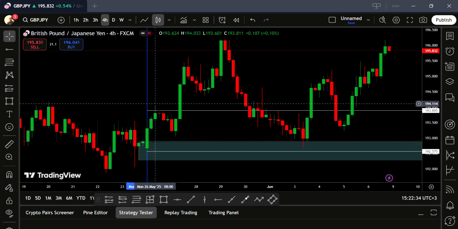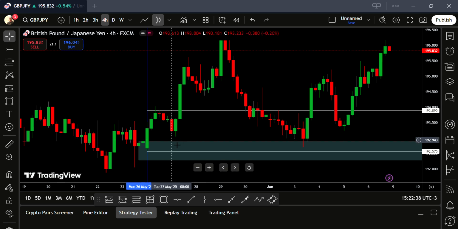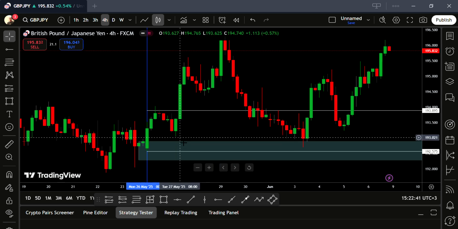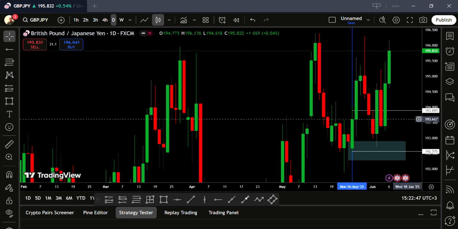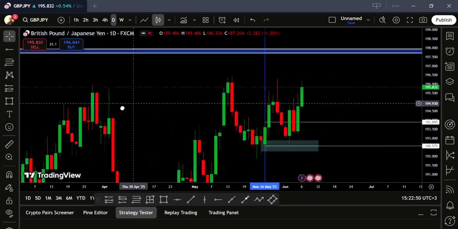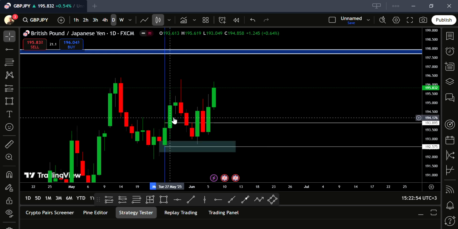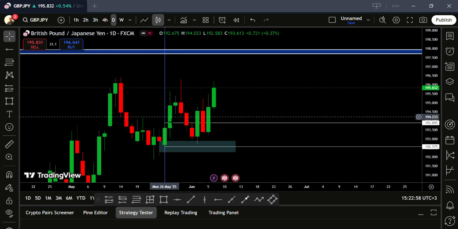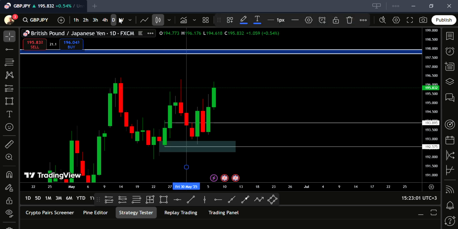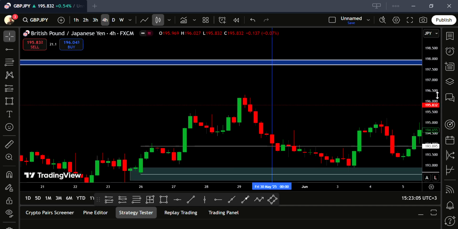Price came, broke this high here, that is a break of structure, and then came to test this demand zone, but it did not reach there, created liquidity and went up. So if you go back to the daily, how did the week end? I hope you guys are following, because I'm switching from time frame to time frame. So this is Monday, Tuesday, Wednesday, Thursday, Friday. The week ended here. So that means that week on GBPJPY you did not have a trade